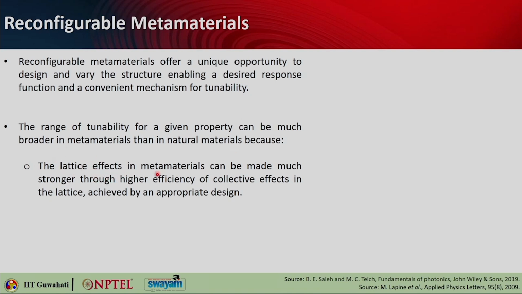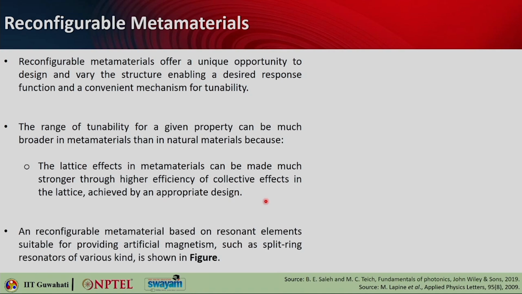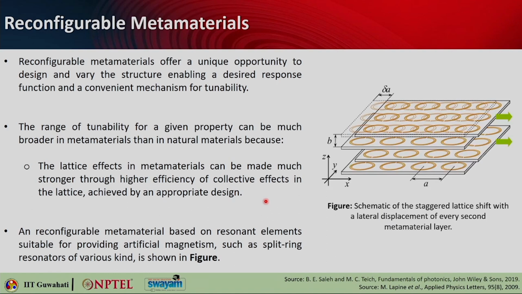So when you see the lattice effects in metamaterial, they can be made much stronger through higher efficiency of collective effects in the lattice, and that can be achieved by doing appropriate design. So a reconfigurable metamaterial based on resonant elements can be suitable for providing artificial magnetism, such as the split ring resonator array that you have already seen. So we can start with this kind of simple metamaterial design, and we can see here